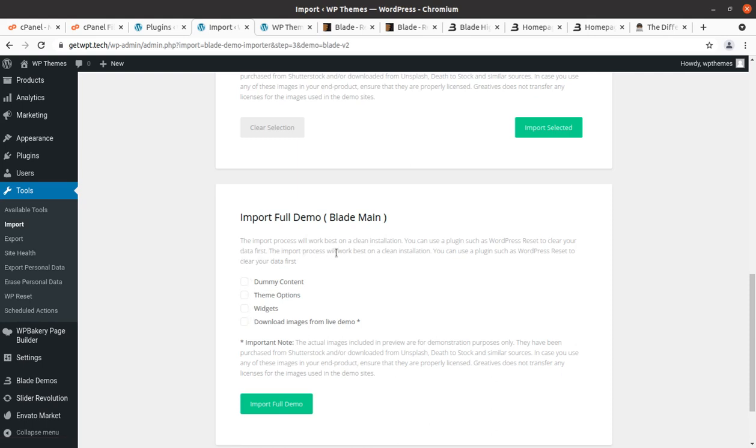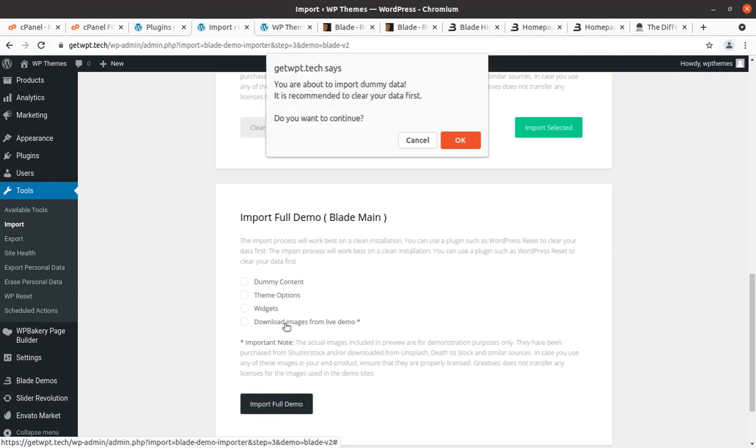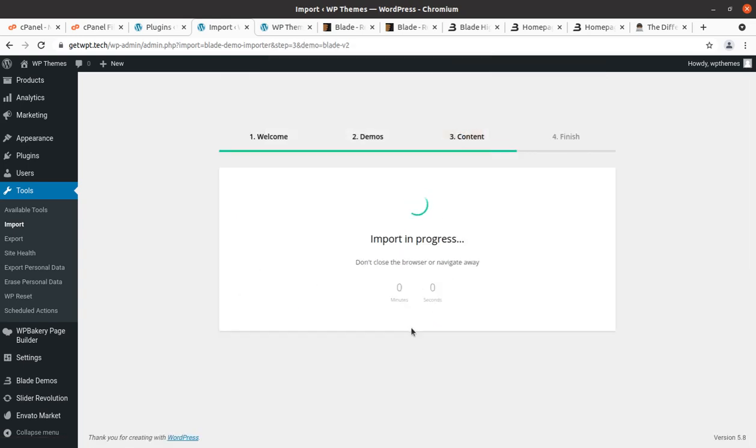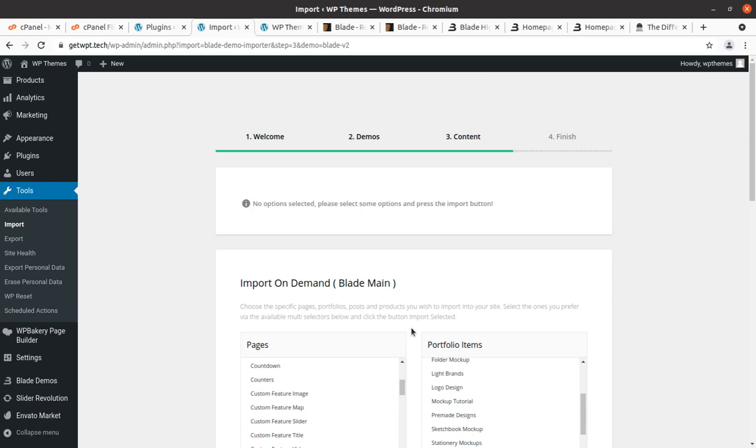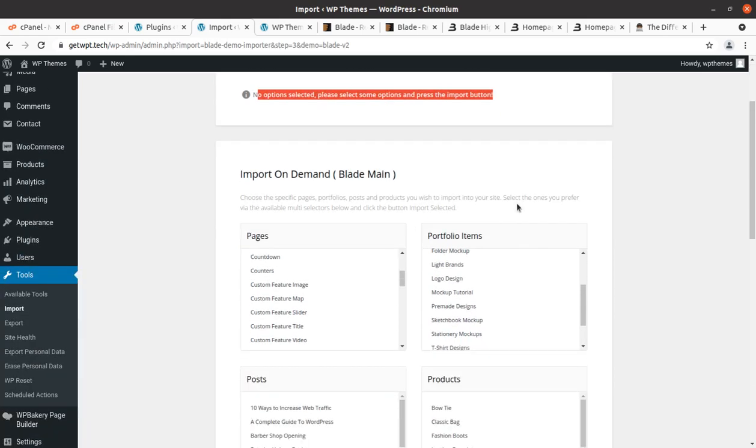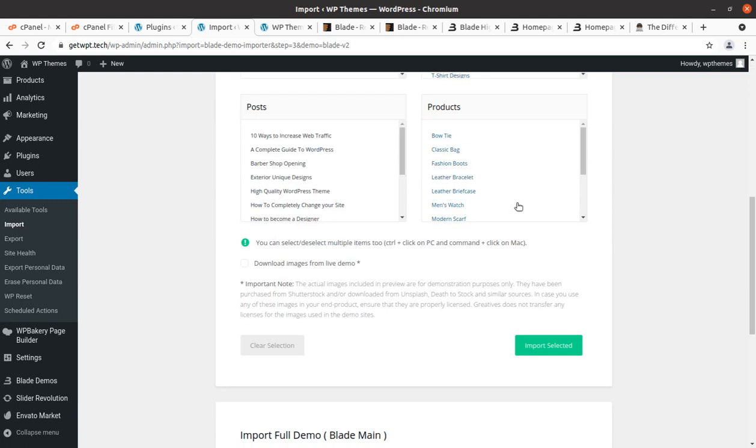The import process will work on the basis of a clean installation. I don't know why it is so. This is not working in fact.